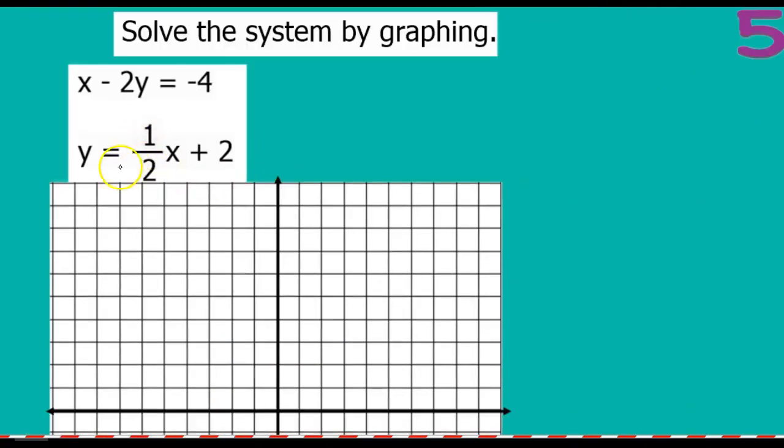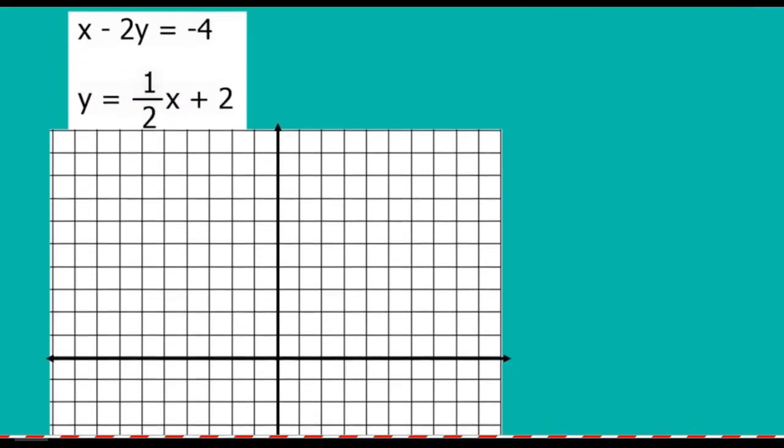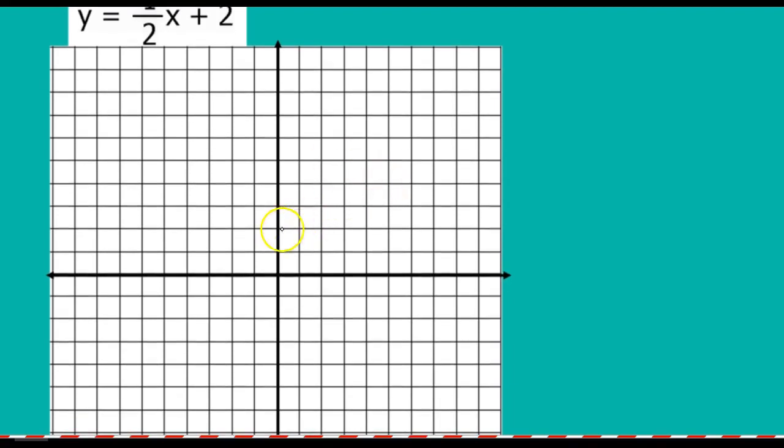Alright, our next one, we have y equals 1/2 x plus 2. That's already solved for y, so I know I can immediately graph that. So I begin at 2. We go up 1 over 2. And if we continued, we'd have a line like this. So if we made that line there,